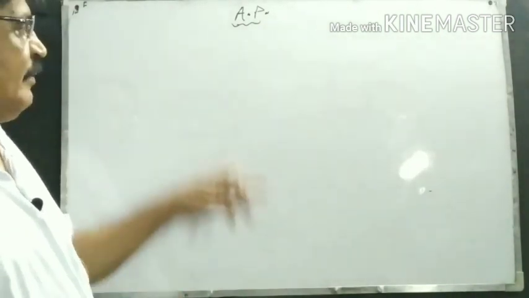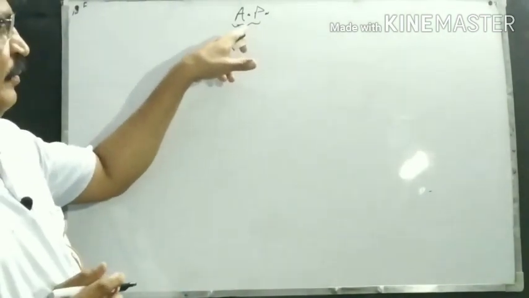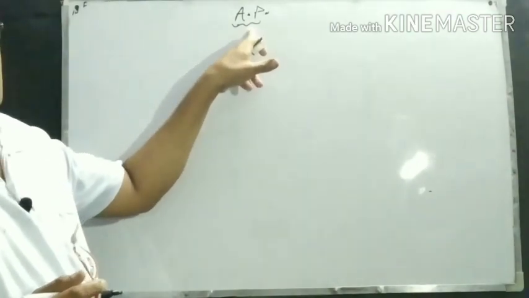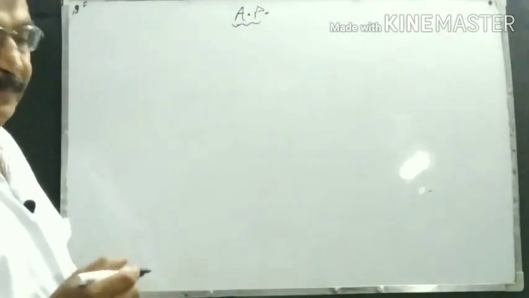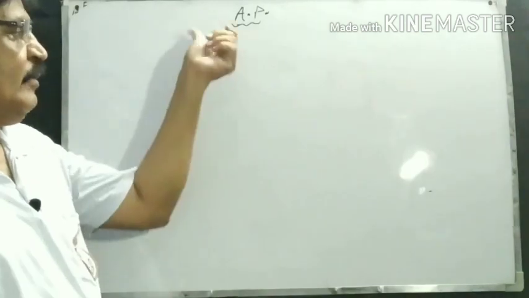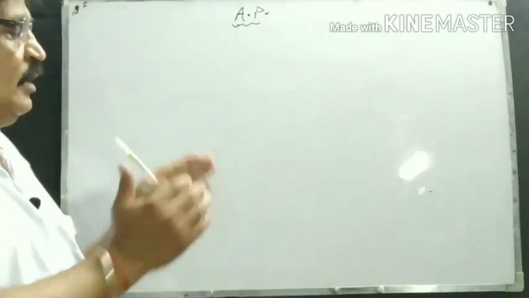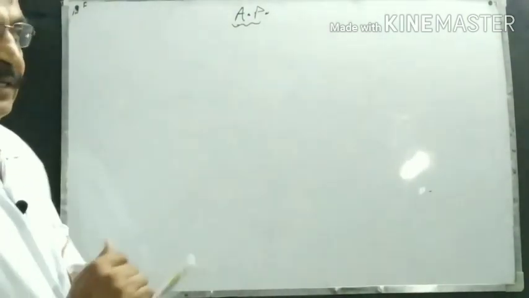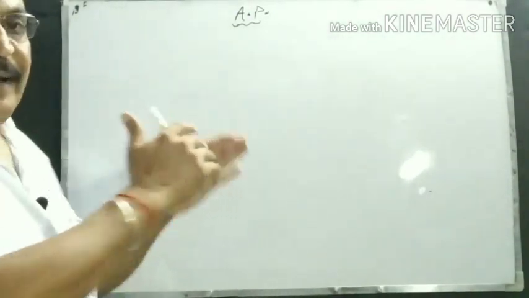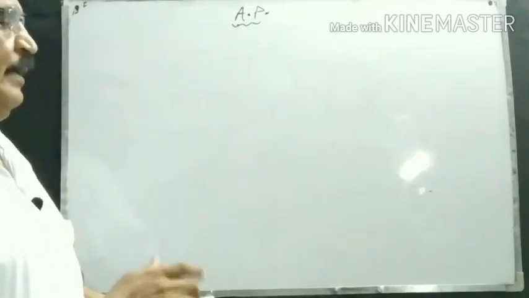Today we shall discuss AP, that is for 10th class as well as for plus 1 class. Very important concept. AP is actually part of sequence and series. What is a sequence? It is a collection of some numbers written in some order. A sequence can be finite and it can also be infinite.